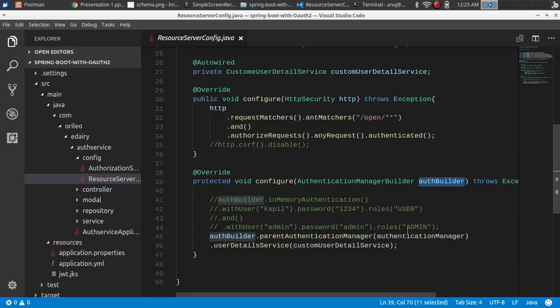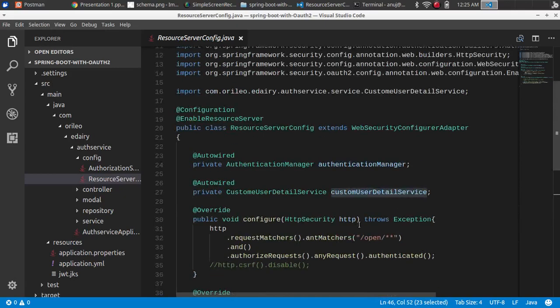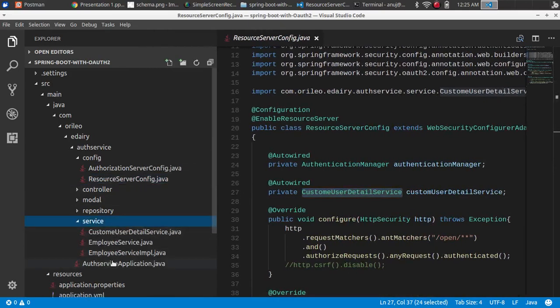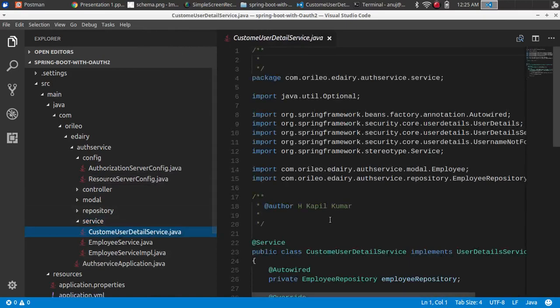Then next is the auth builder. In the auth builder I'm not using in-memory authentication. Here I am just using my custom user detail service, so that it can provide all this information from the database. So I'm just passing that custom details here. In this custom user detail service, what I have done is,